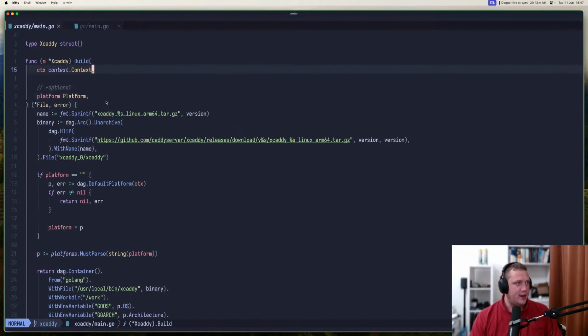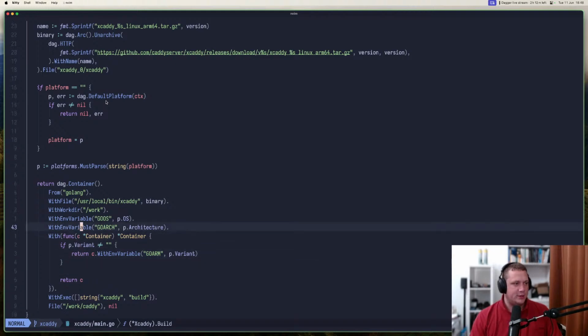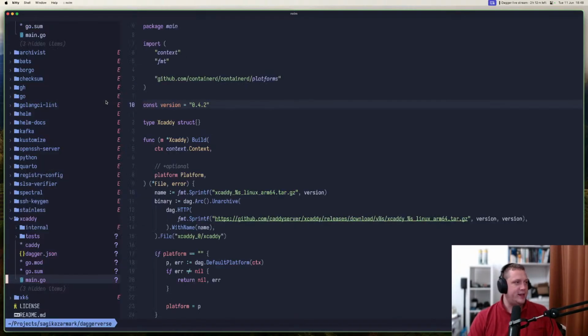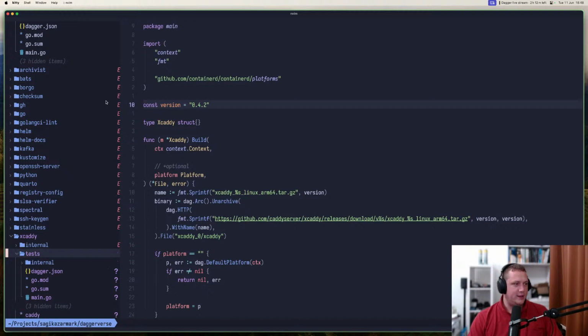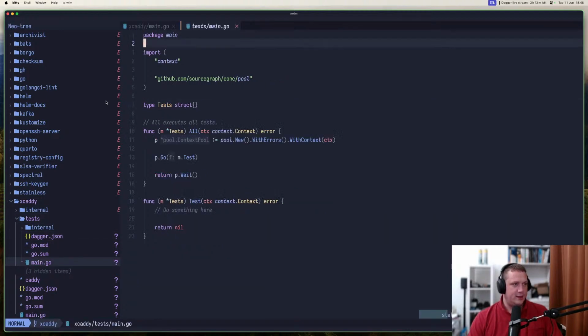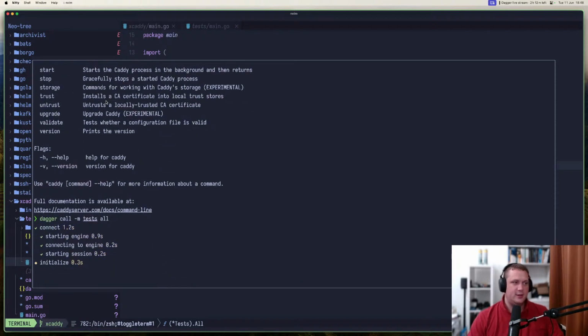Now let's make this a little bit easier. I don't need this. Now I want to be able to test this automatically. When I build a new module and have a functioning prototype, usually my next step is writing a test for it. This is why my init script actually creates a test module immediately with a template I like to use. Even without writing any code, I can run dagger call module tests all, and this is going to run all the tests. Obviously, nothing's going to happen here, but